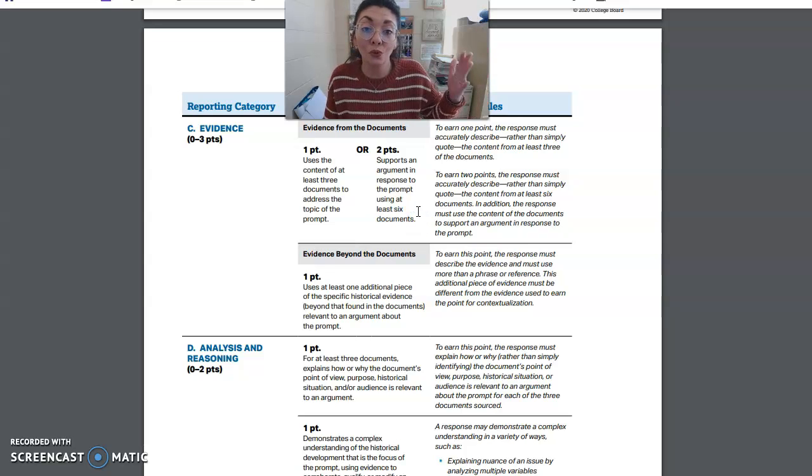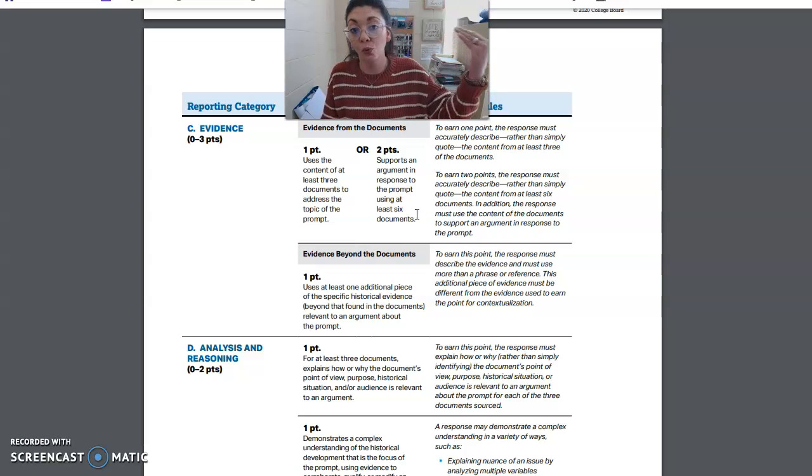So, accurately describing the context of 6 documents supporting your claim. If you accurately describe fewer than 6 of the documents in your body paragraphs supporting your thesis statement, but more than 3, you'll get 1 point. If you accurately describe 6 of those documents supporting your claim, so using at least 6 of the documents within the body of your essay,